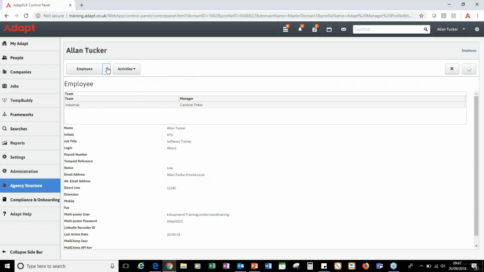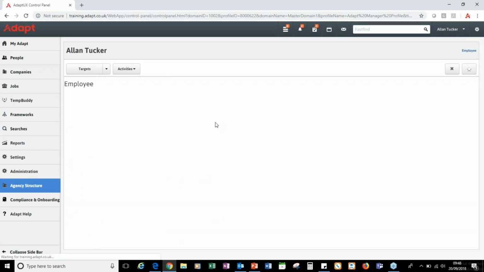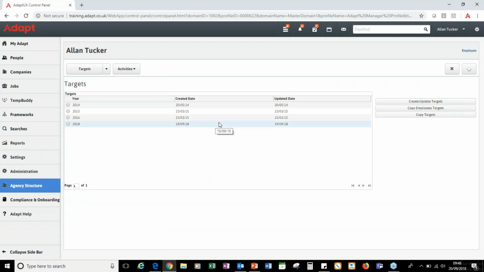But first of all, we're going to look at adding targets. And that's accessible from the drop down next to employee and clicking on targets. You'll notice there's some targets already set here. But over on the right hand side, you'll notice that I've got my create, update, copy employees targets, or copy the targets that are in here. Depending on how you want to be set up, whether you individualize targets or whether you have them for certain members of a team,